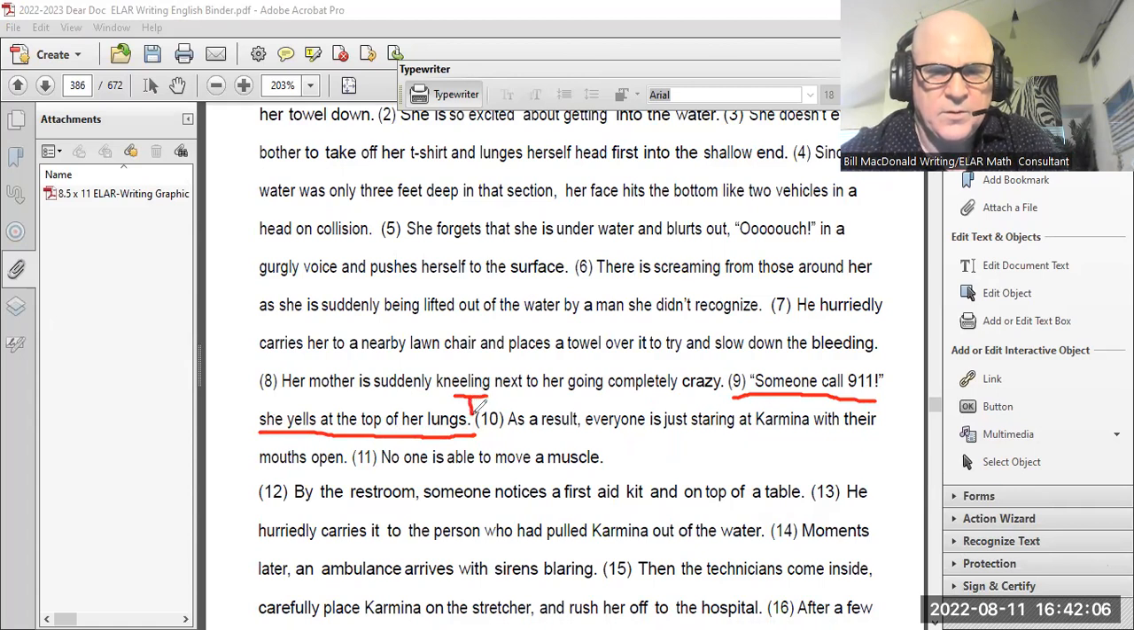Okay. So is there going to be an effect? Is there going to be a conclusion? As a result, everyone is just staring at Carmina with their mouths open. No one is able to move a muscle. So since somebody in sentence 9 is telling people to do something, but the opposite is actually what's happening,